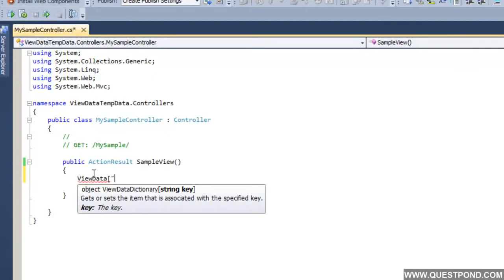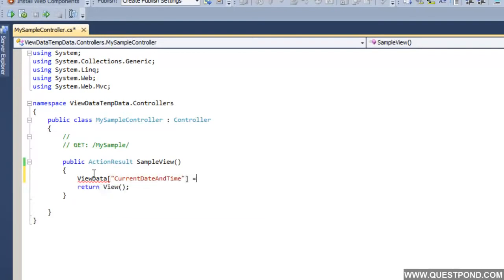I'm going to say ViewData current date and time, a big name, and we'll store the current date and time in this view data called current date and time.